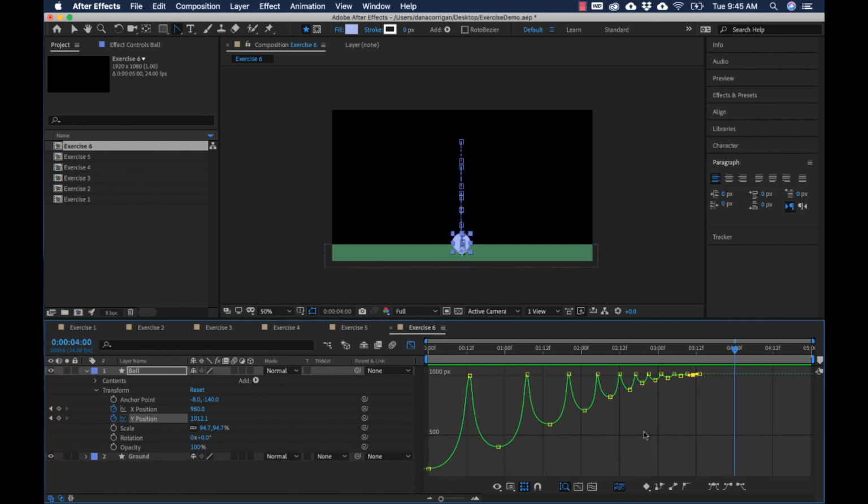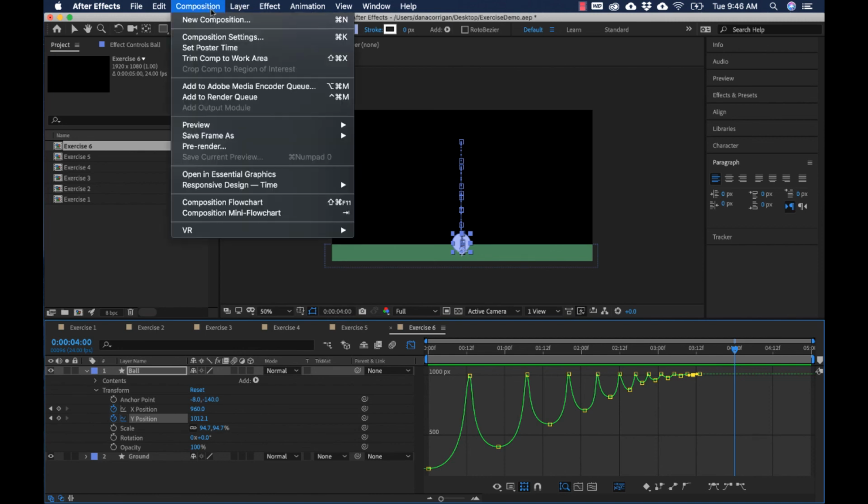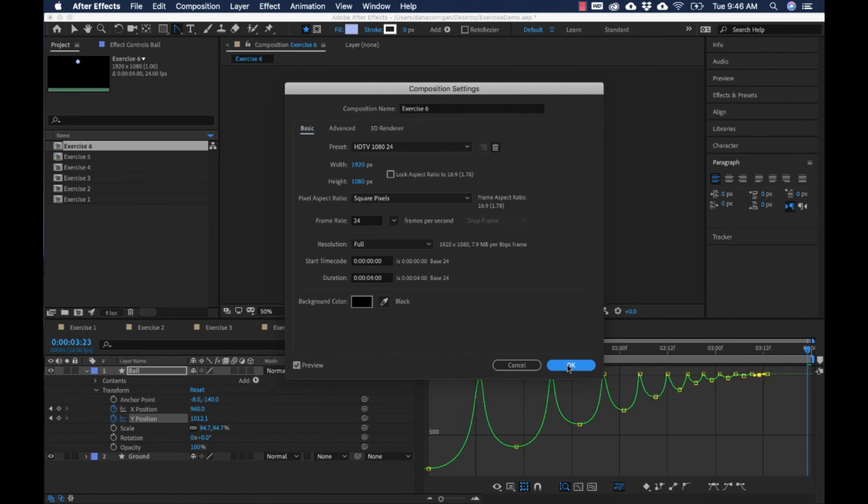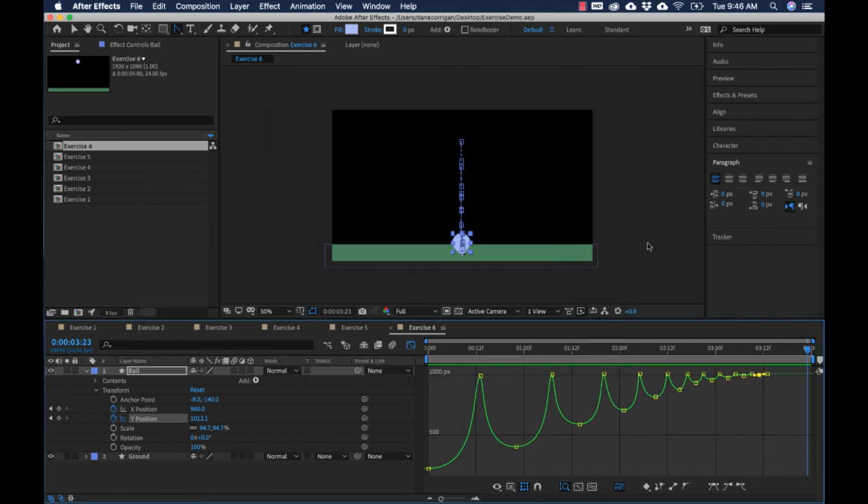And there we go. The duration of the bouncing ends at about 3.5, a little past that. So let's change the duration of the animation to 4 seconds, because that does give it a pause, but not too long of one. So we can go to composition, composition settings, and we're just going to change the duration to 4. Okay, and Command S for save or file save, and that is bouncing